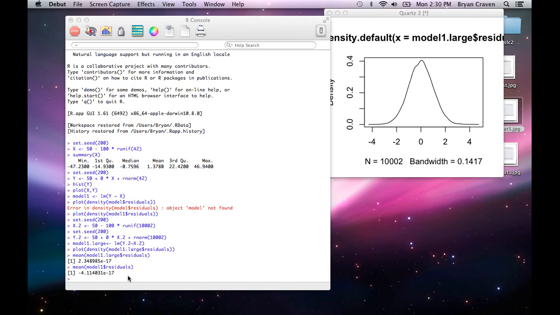As you increase the sample size, the mean of the residuals should approach 0, and this is what we're seeing here. So with the larger sample, we had a number that's very close to 0, and with the smaller sample that we grabbed first, we had a mean that was very small but slightly farther away from 0. So moving on from there,